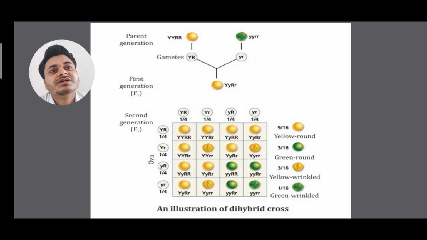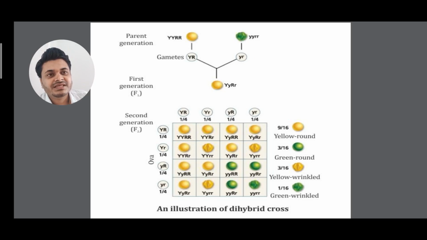Similarly for parental also, they have taken capital Y and capital R, isn't it? You can take capital R, capital Y, any arrangement, isn't it? So now this one is selfed, capital R, small r, capital Y and small y. These are selfed. Selfing is done, self-pollination is done. So you can see this is the same concept as in Mendel's law, like monohybrid cross also, Punnett's checkerboard is done. So see this one here, you have to understand very nicely. From here, capital Y, small y, capital R, small r, here independent assortment takes place. You have studied in the last class, isn't it?